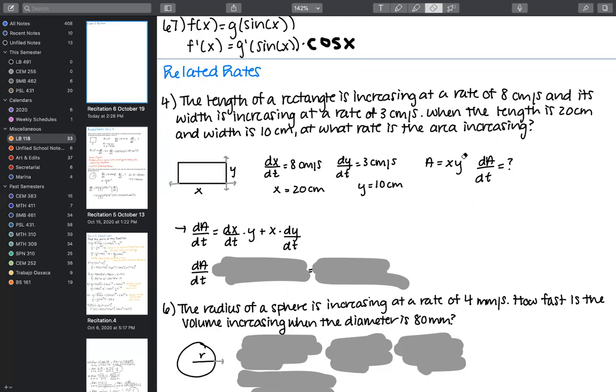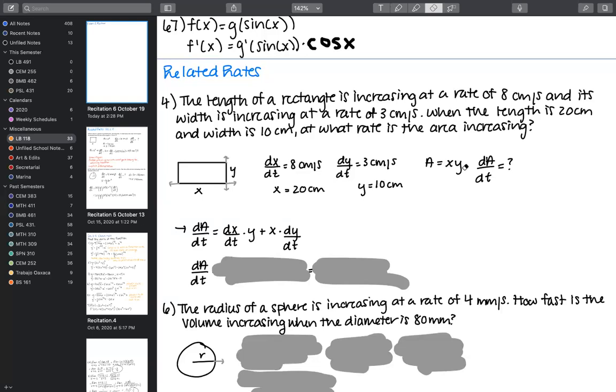For these problems, they're equals. There is no variable and then variable function in the same sense that I presented it to you guys for implicit differentiation. These two are both changing, and they're changing, I don't want to say independently, but for implicit differentiation, more often than not, it's dy/dx. So y is changing with respect to x. In this case, that relationship goes both ways. And so we get dx/dt times y plus x times dy/dt. So basically what I'm saying is that you don't have to think about which one is changing with respect to the other.